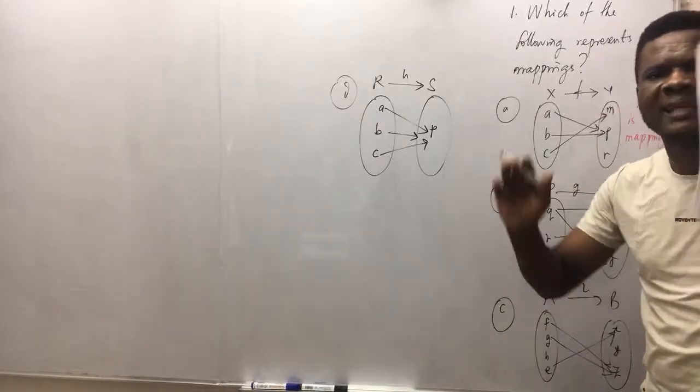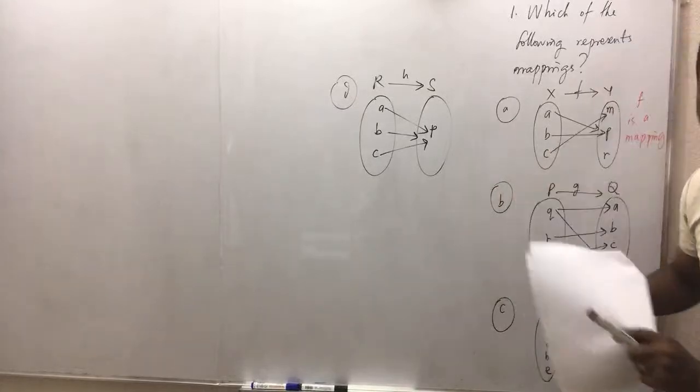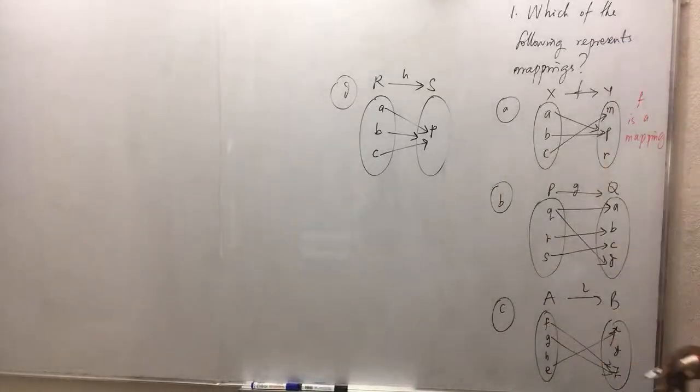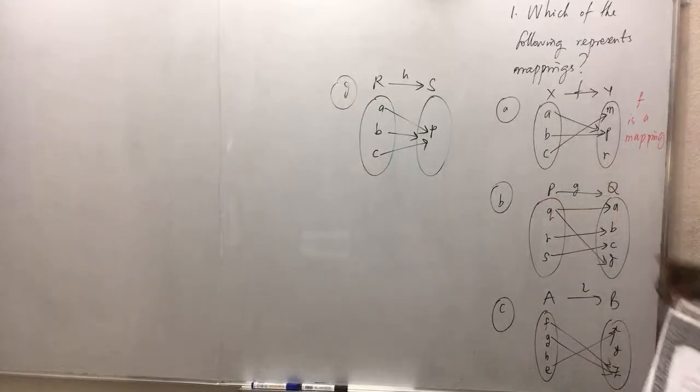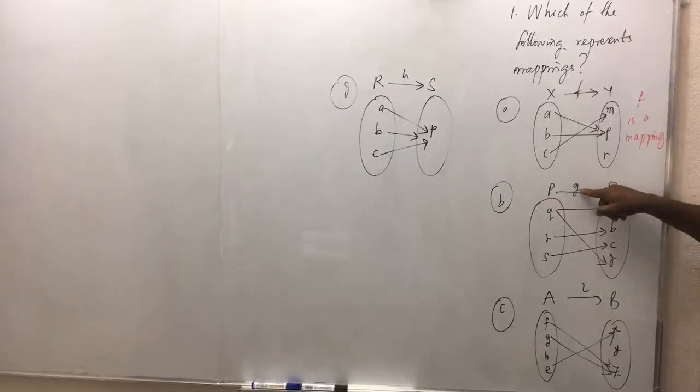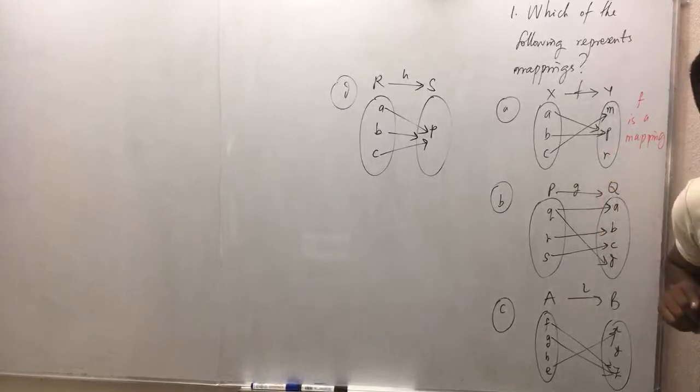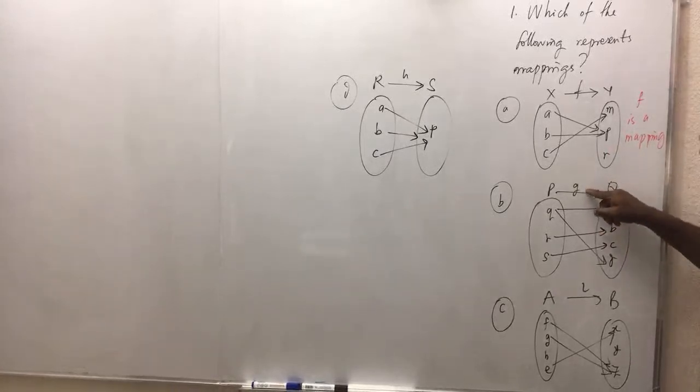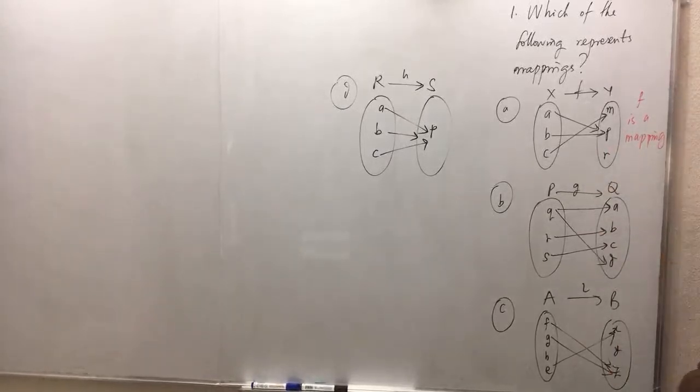Condition number 1, that every element in the domain has an image. Condition number 2, every image is unique. Now, let's go to B. What will be your answer to B? Let's see, is this relation G a mapping? If we want to examine G, whether or not it is a mapping,